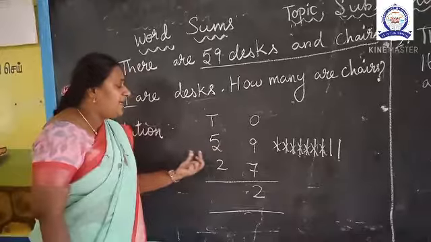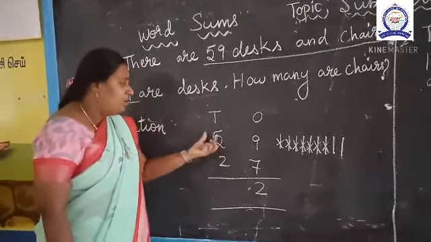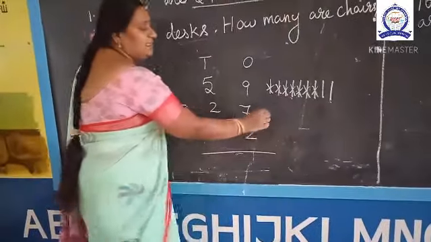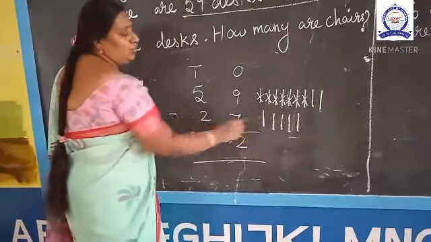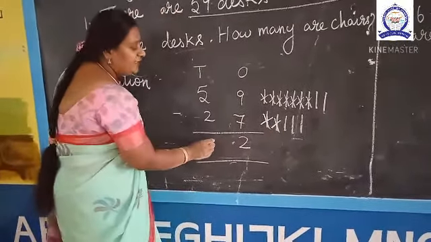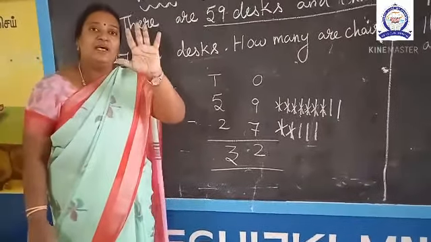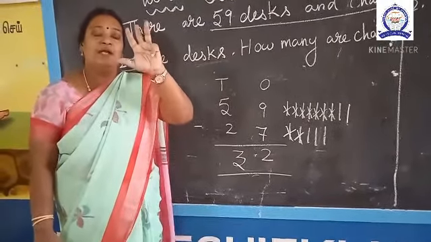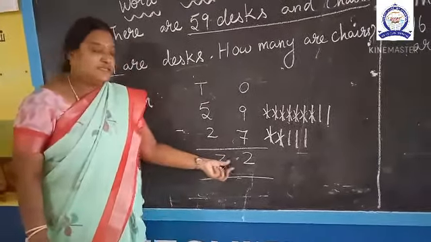Next, 5 minus 2. Tens column digits subtract பண்ண போறோம். 5 minus 2. So cross out, முதல் 1, 2, 3, 4, 5. Cross out 2. 1, 2. How many lines left? 3. Using finger method, this is 5 fingers. Minus 2. 1, 2. How many fingers left? 3. So your answer is 32.